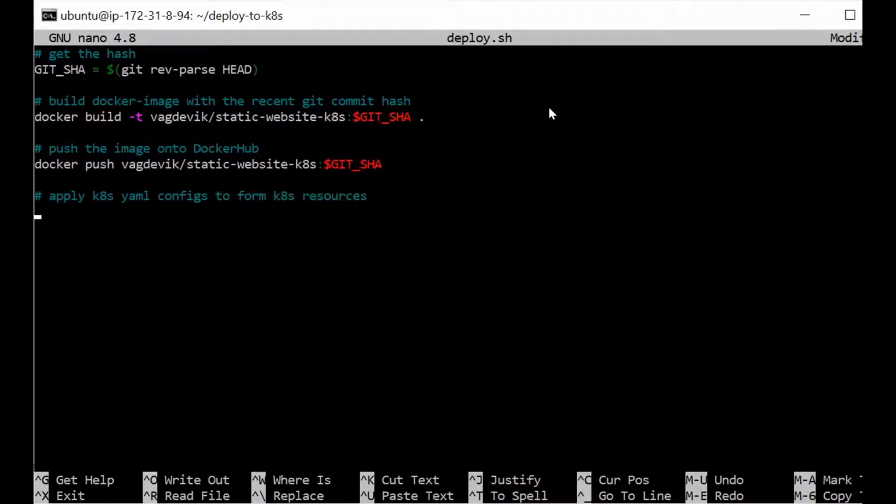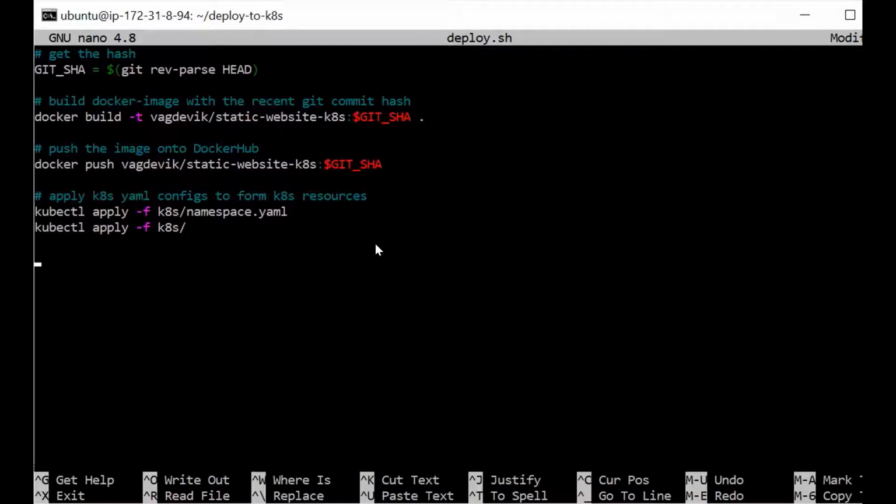Okay, so first we shall apply the namespace file: kubectl apply -f K8s/namespace.yaml. Okay, so after the namespace is created, under that we can just apply this folder because it contains all the YAML file configurations for all the K8s resources which we require. So K8s.